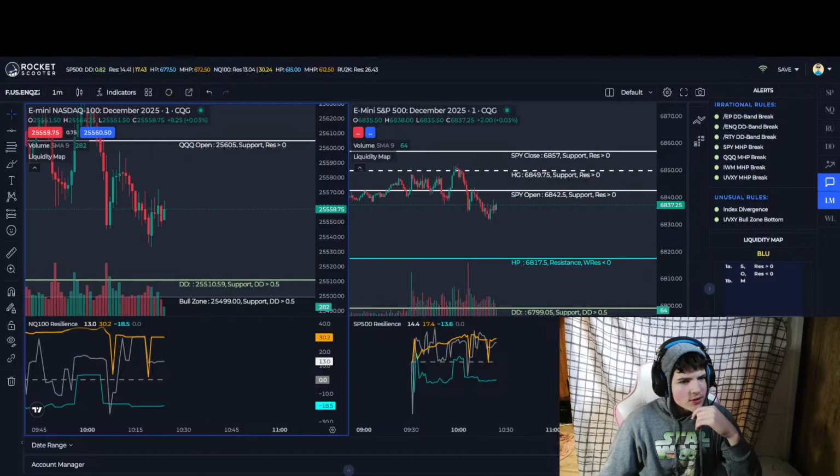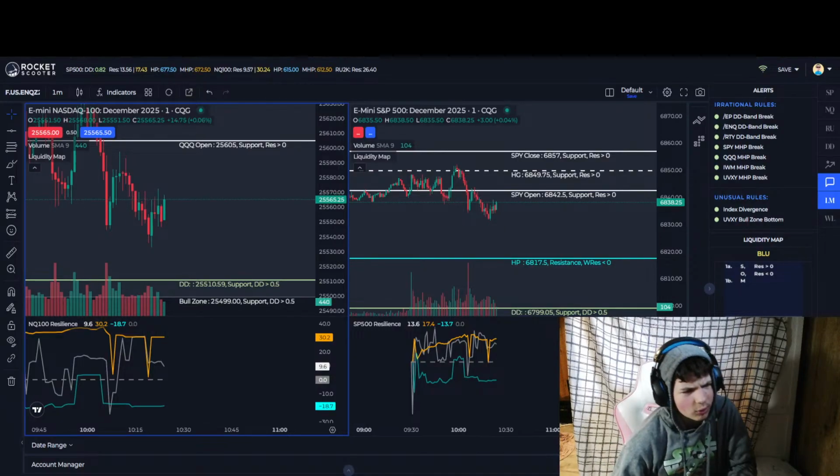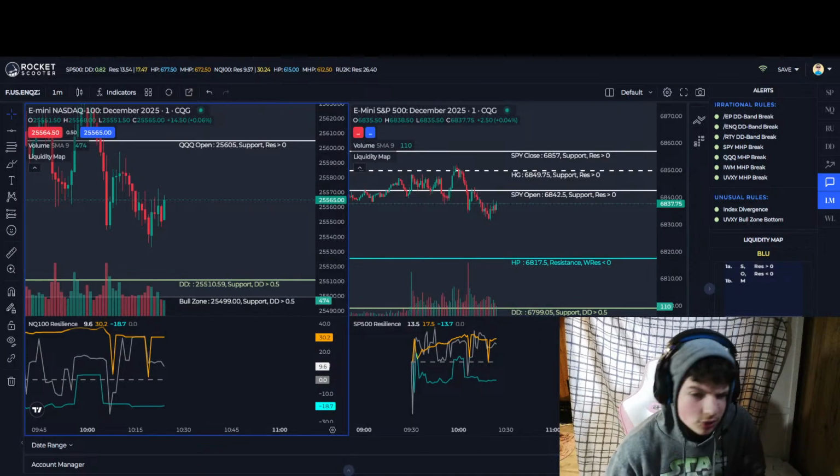All right, so the new release of it was... can I find the... all right, now I have to just read it. New release for Rocket Scooter, like 2.0 basically.